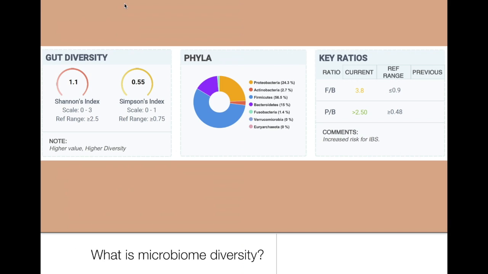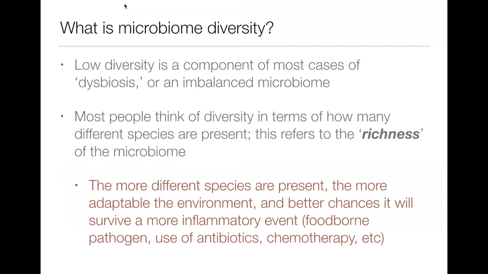So what is microbiome diversity? Well, the good thing is it's something we can actually measure and test for. So it's not just a theoretical concept, but it has many layers to it. Most of the time when we think about diversity in the microbiome, or the term diversity in general, whether it's people or animal species, we're thinking about how many different types of something exist in a set. So in this case, how many different species do we see in someone's microbiome? This part of diversity is referring to the richness of the microbiome, which, this is important, the more species